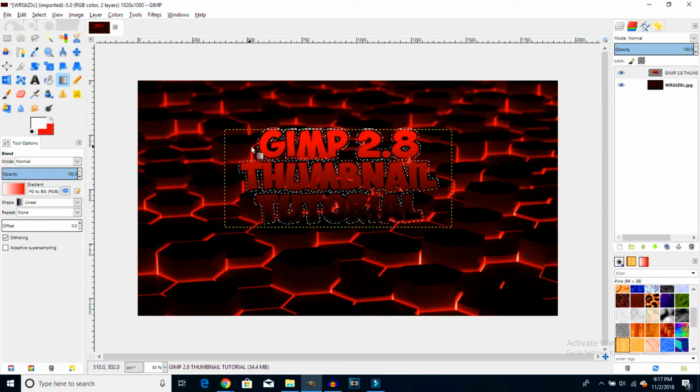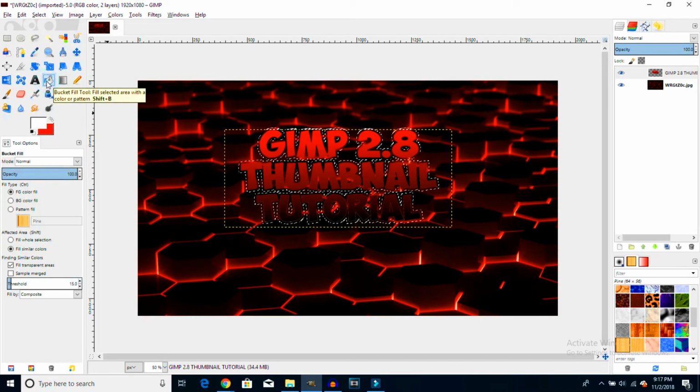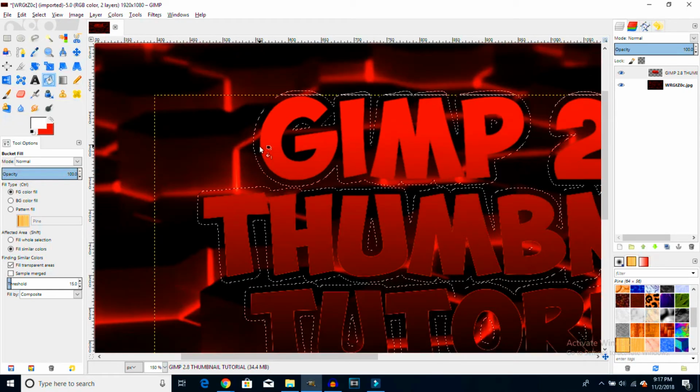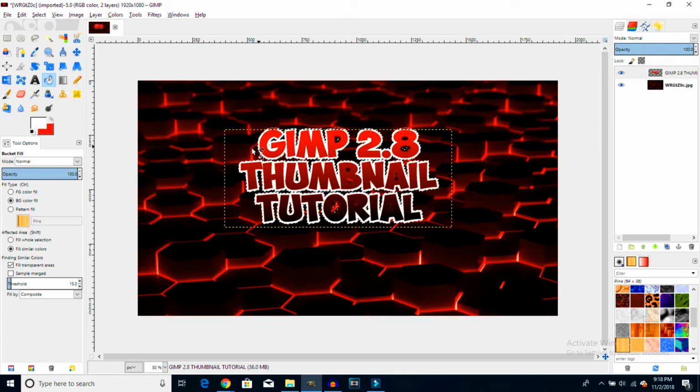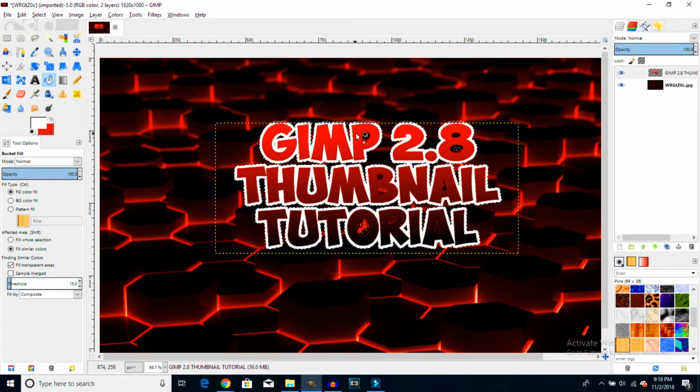Now, you want to pick your color. Make sure that the color that you want as an outline is on top, not the bottom, because if you do it inverted or the opposite way, it's going to do a red outline. So you want to make sure that you have white or your other color on the top that you want as an outline. So you want to go to this paint bucket tool, and if you want to zoom in, you have to do control and move the mouse wheel up, and then just press on that, and now you